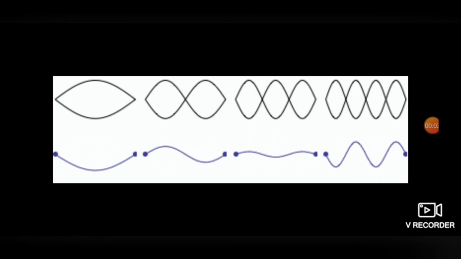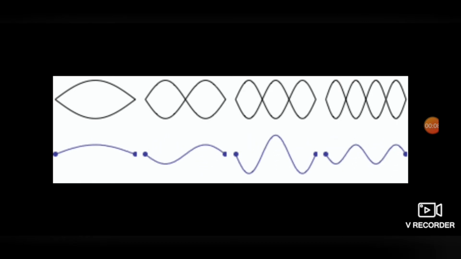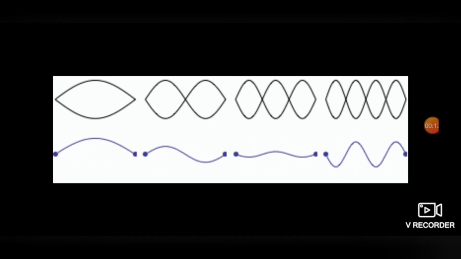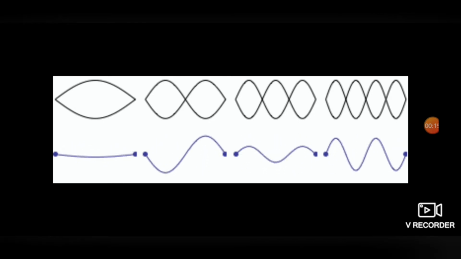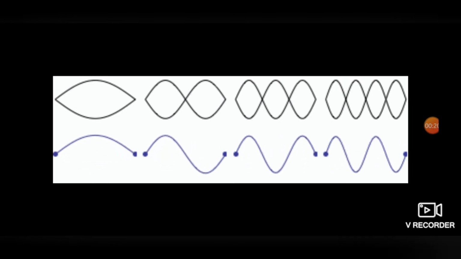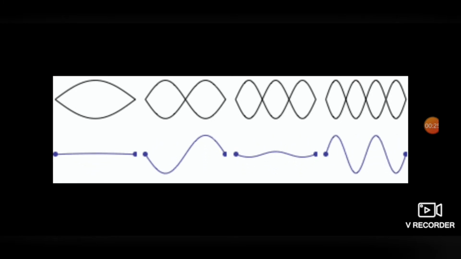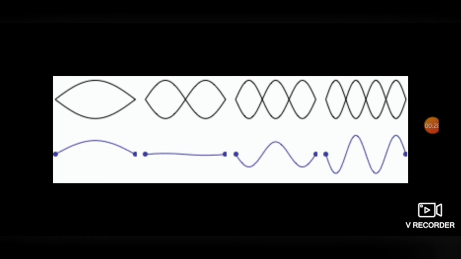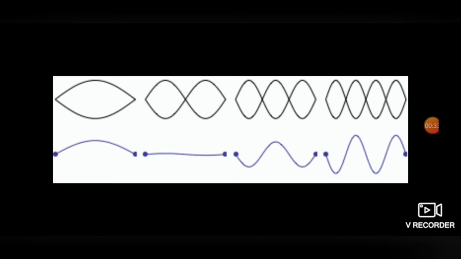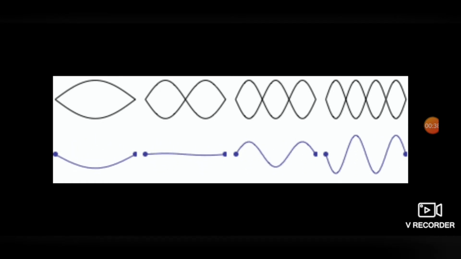Dear students, as you can see, as we were studying stationary waves in strings, I've tried to put an animation so that you can understand the stationary wave in the string. As you can see in the figure which I am showing you, there are modes of vibration in the strings, and you can also see that the wave is not moving in either direction, only some part of the wave is being vibrated. That's why it is a stationary wave.